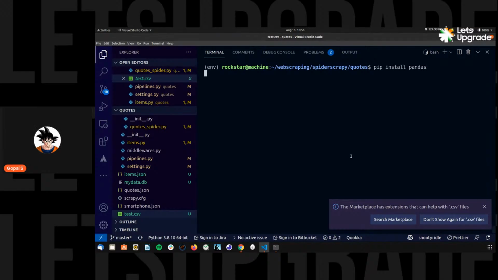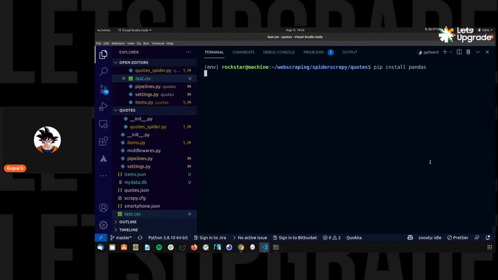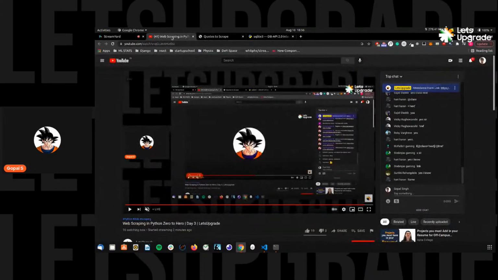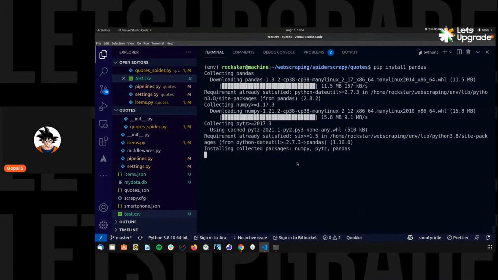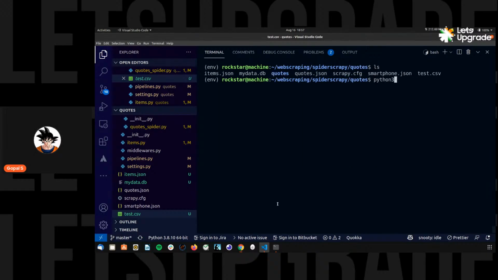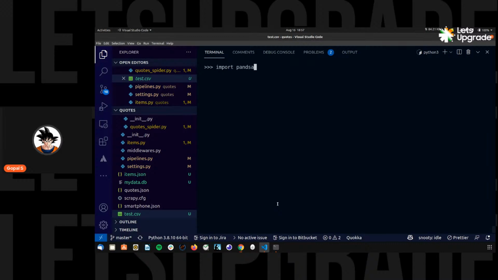How many of you know about pandas? Is there anyone who knows about pandas? Yeah, people do know about pandas. Great. So we're just going to read this information out. That's what we are going to do. So in Python, import pandas as